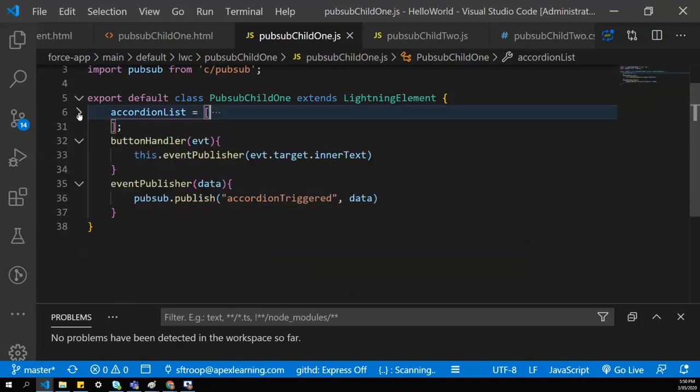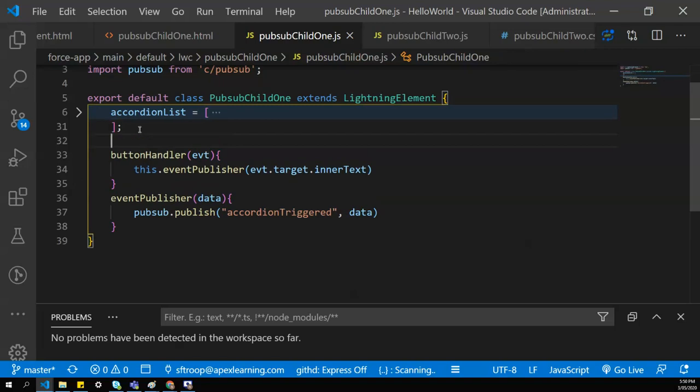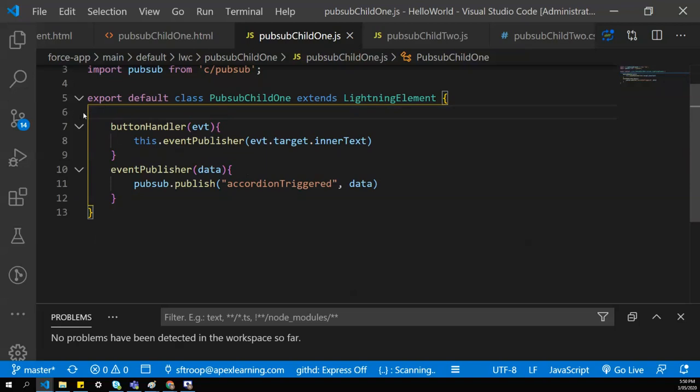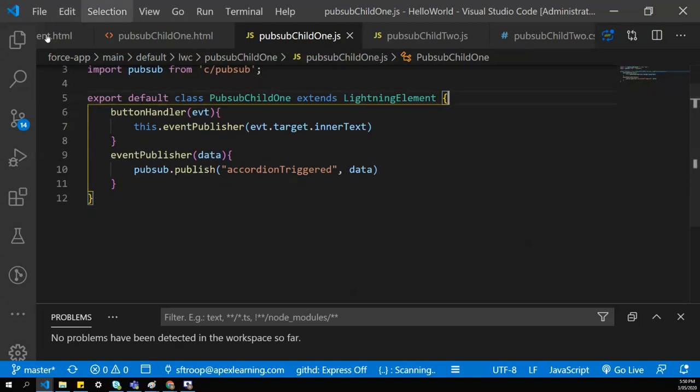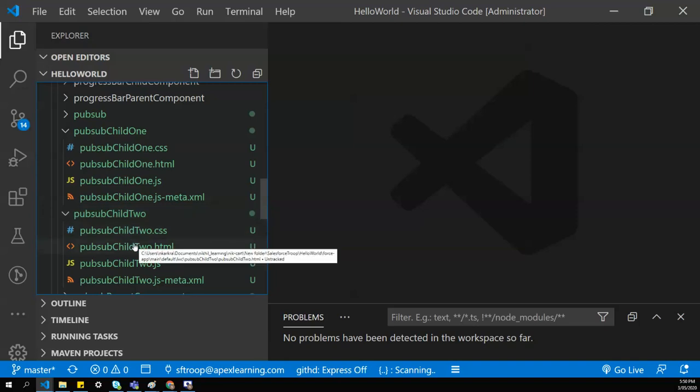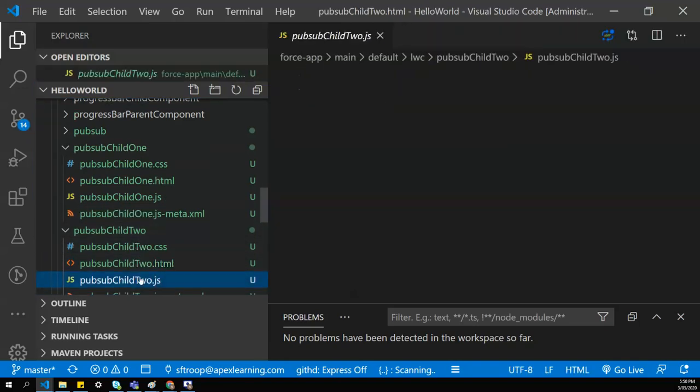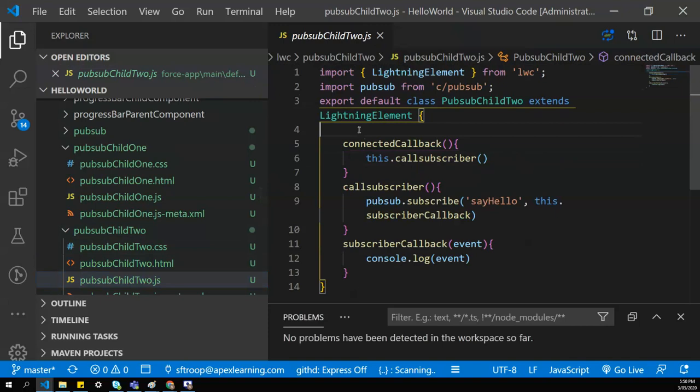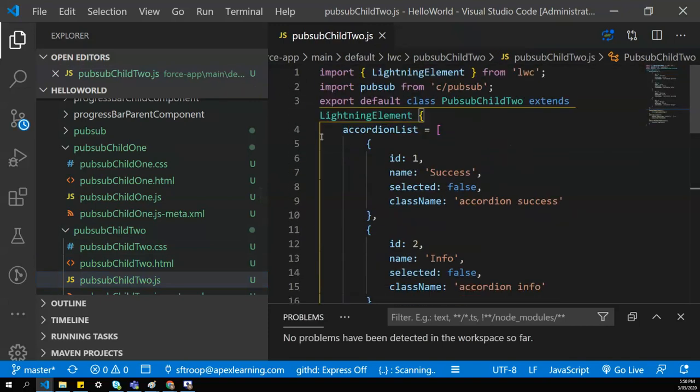So you'll get this from my code. Okay, we are in the wrong file, sorry. Let me close all open tags. We want the child2 JS. We'll paste our accordion list here.